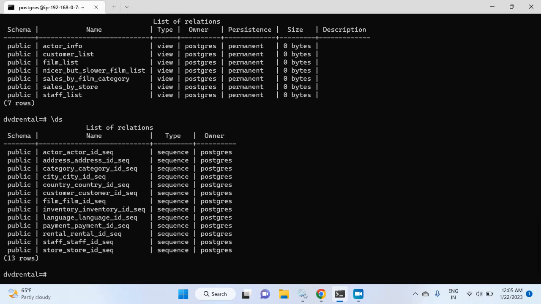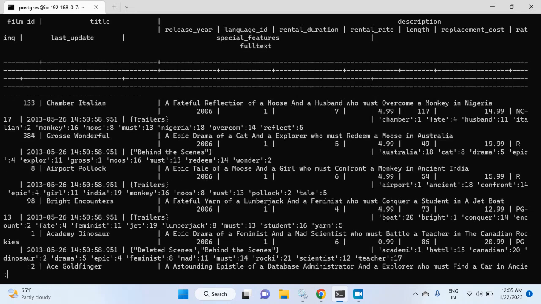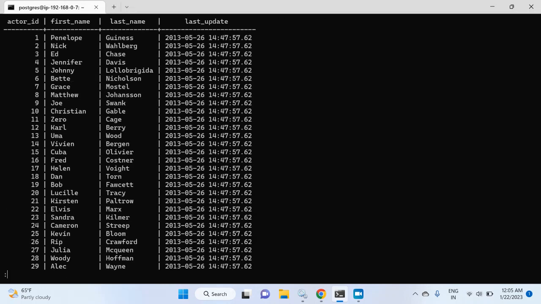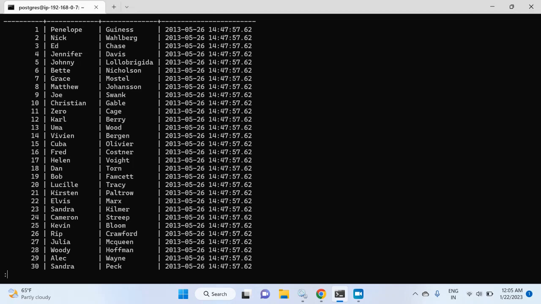So the last command that I have run is \ds, and if I want to run the same command again, I can always give \g, and it will run the same command again. As I've turned off the list view, it is again coming in weird format. But let me go ahead and run another command, which is select star from actor, hit enter,